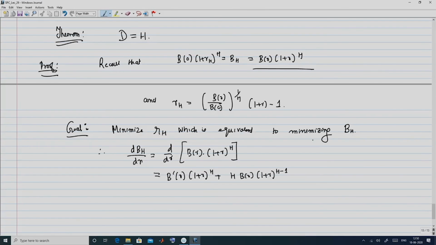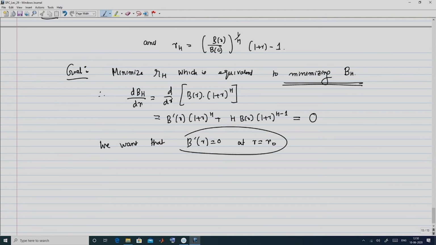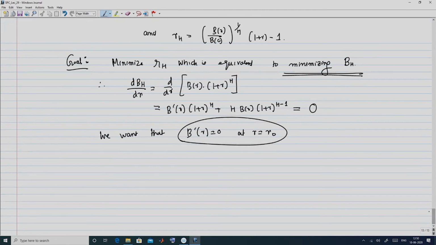Now, since I am trying to minimize BH, this means that I have to take this equal to 0. So, what do we want? We want that at the initial time point, B prime of r is equal to 0 at r equal to r naught, because we want this to be equal to 0. Then